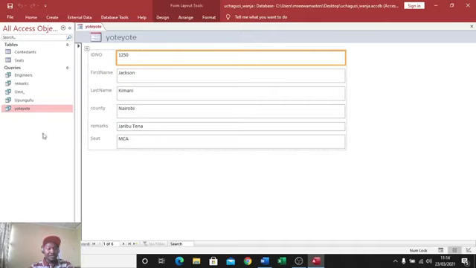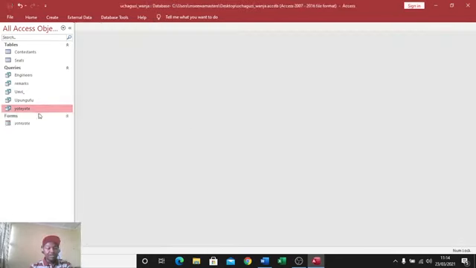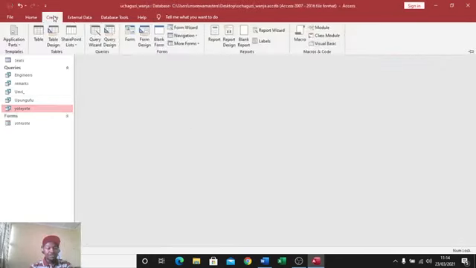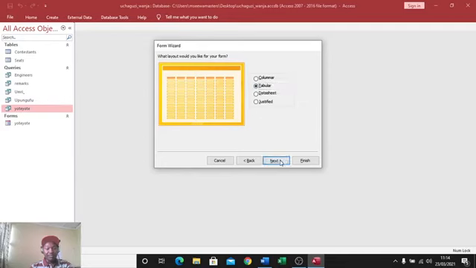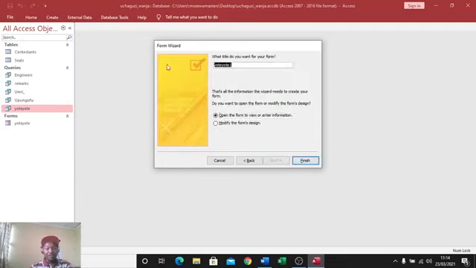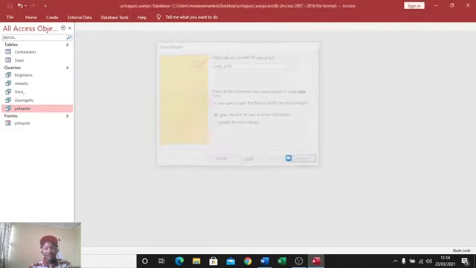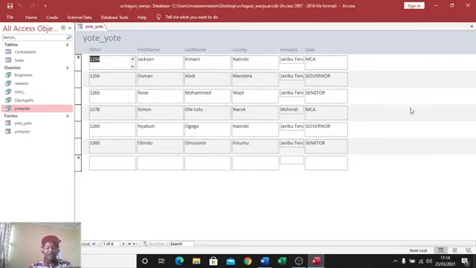That is Yote. If I just needed to rename it, alternatively, you can just go to create, then you go to this point here, form wizard. Then using Yote, send everything next. Then I want it to be tabular, next. Yote. For example, I need it to have an underscore here, underscore Yote, then finish. Therefore, this is my Yote form